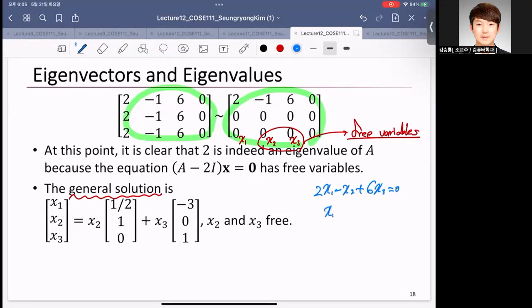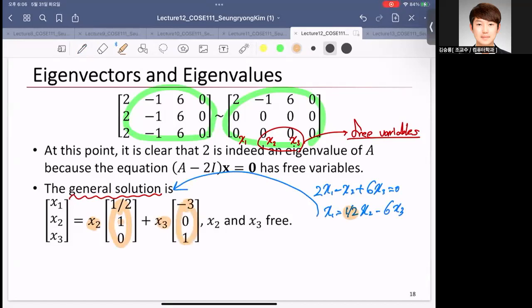So x1 equals 1/2 x2 minus 3x3. So our general solution can be x2 times (1/2, 1, 0)